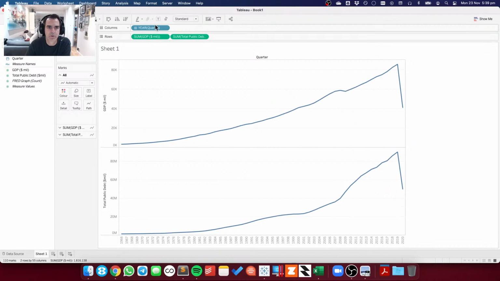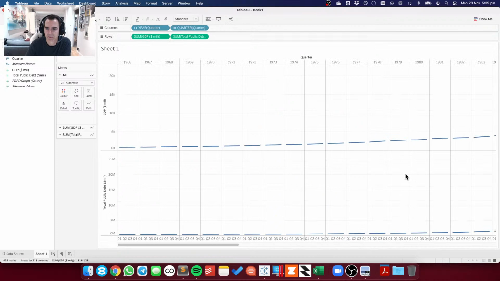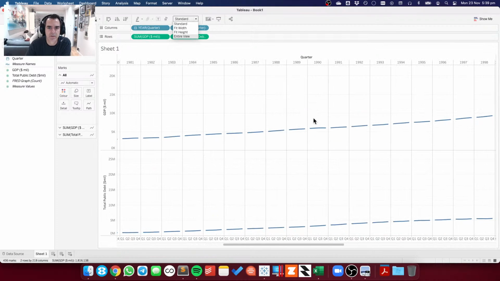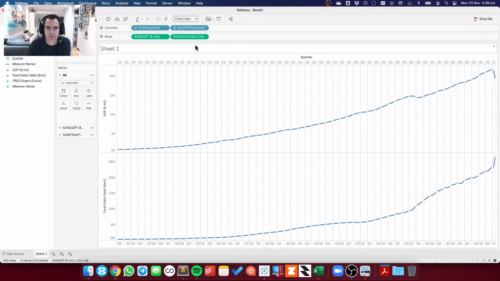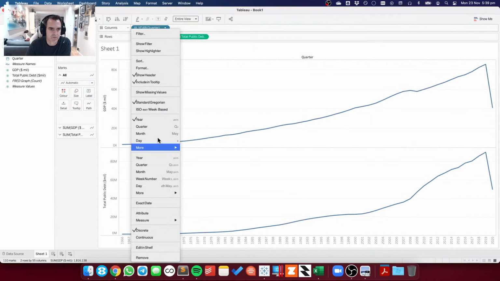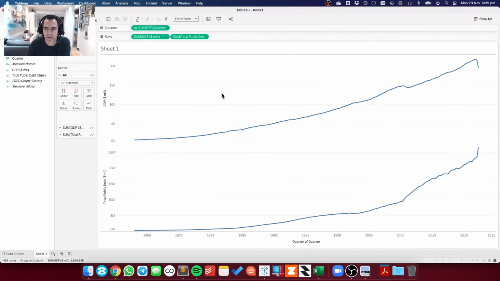Oh, it's because it's only two quarters. So I need to split that out to quarters and entire view. Come on, there we go. And we get something like that, which doesn't look very good. So I'm going to change this to continuous quarters. Okay, and we can see that debt versus GDP, the GDP is dropping, the debt keeps increasing.